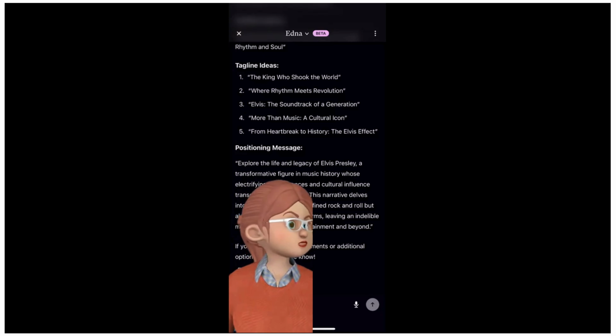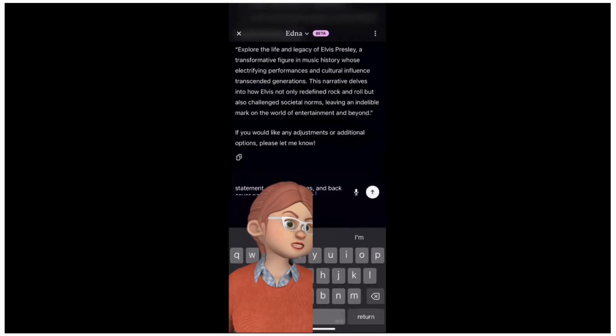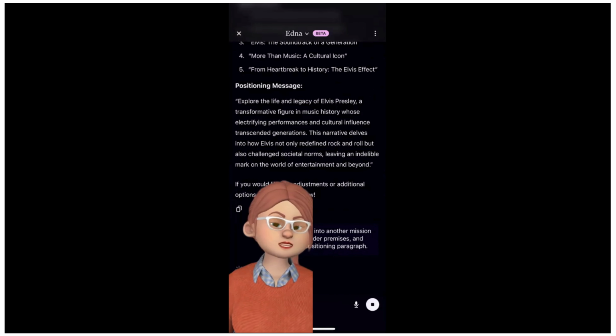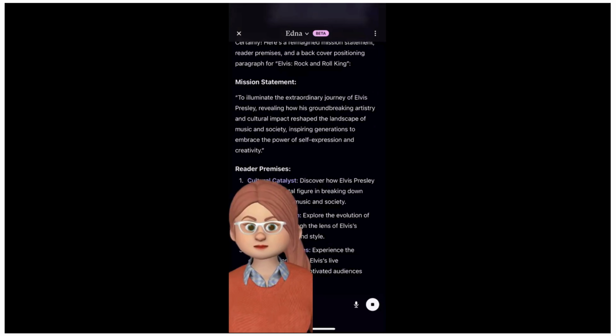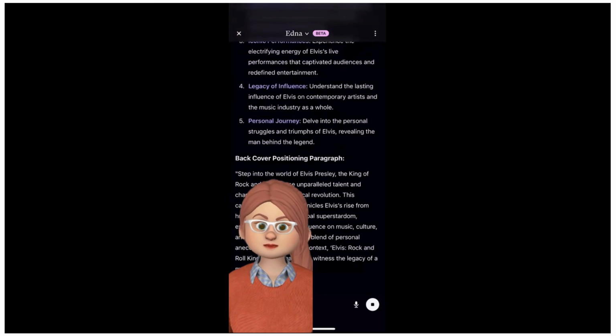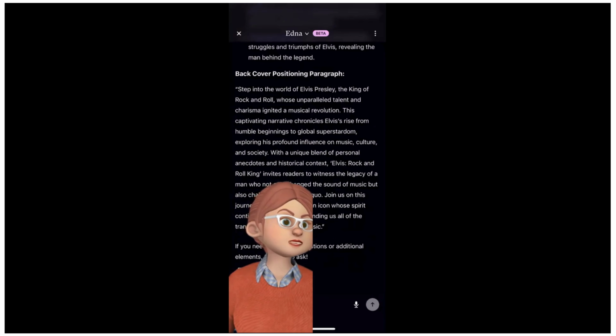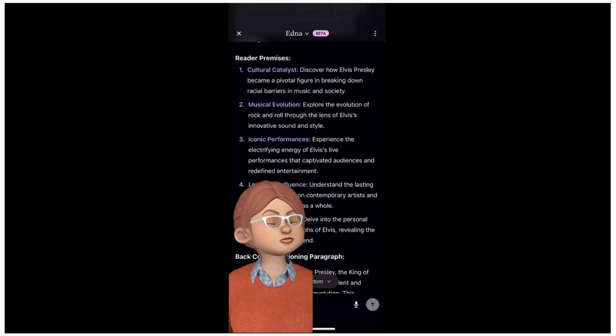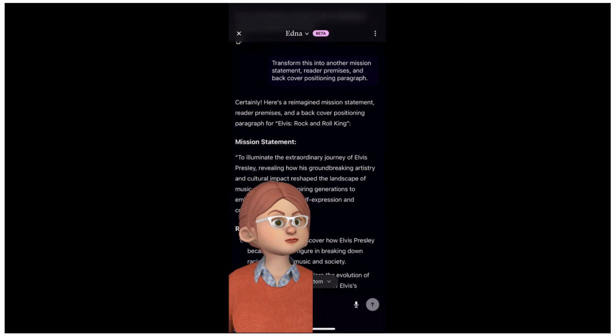So I have all those questions one after the other. Let's get to the second question, because I'm building my nonfiction bio book right here, so I want all the information I need. So I go back to my microphone and ask it to transform this into an author mission statement, reader promises, and back cover positioning paragraph. Now I'm getting this information ready, so when I get inside Sudowrite and write the whole book, I have everything I need to go. Basically, this is my small research on Elvis Presley and how I can position the book, the mission, and